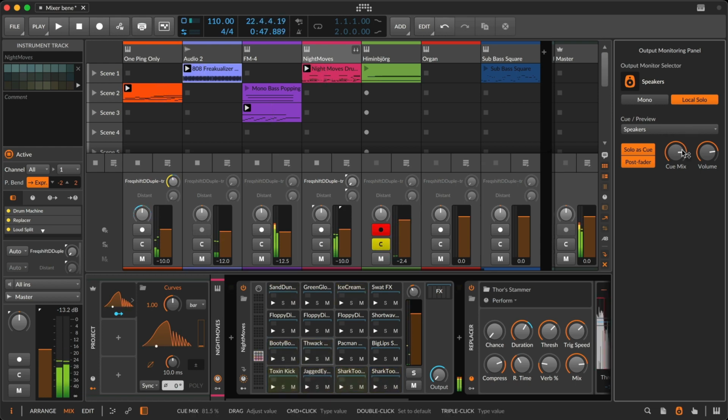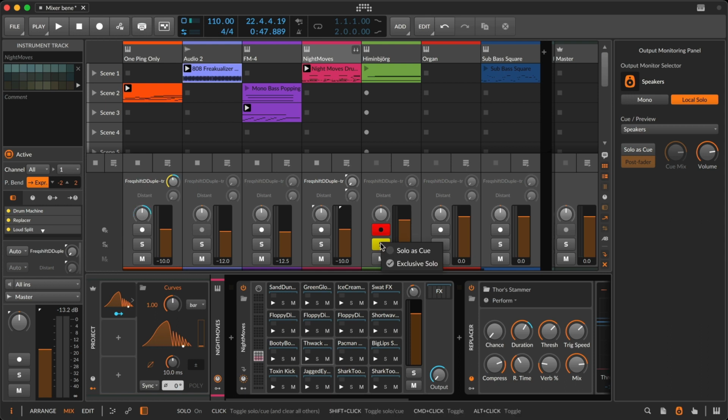I find this awfully useful when doing edits on vocal stuff or just sound design, to be able to focus on this one track while not losing perspective of everything else. In fact, oftentimes I'll just right-click this, map this to a controller knob, and then constantly have this cue level available because I find it pretty useful. But yeah, so right-clicking on any solo button gives you direct access to both of these functions without having to go find them.